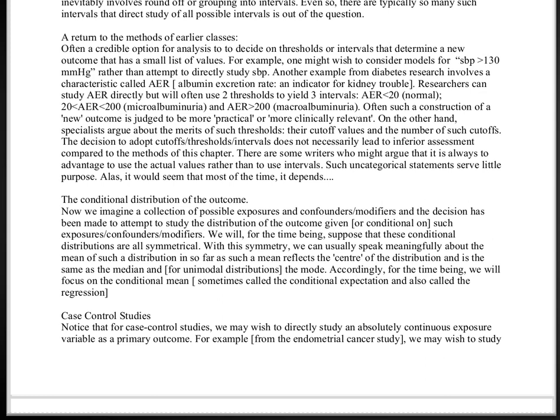But now we're going to come to an investigation of distributions for which we have made the implicit assumption that the outcome is measured, that it is continuous. And further, we then will do, for a good portion of this session, suppose that it makes sense to study the mean of that probability distribution, and that the mean does indeed reflect the center of the distribution in some sense, and that if in fact the distribution is symmetrical, then the study of the mean would be the same as the study of the median. And similarly, if the distribution is symmetrical and unimodal, then the discussion of the mean is like studying the mode